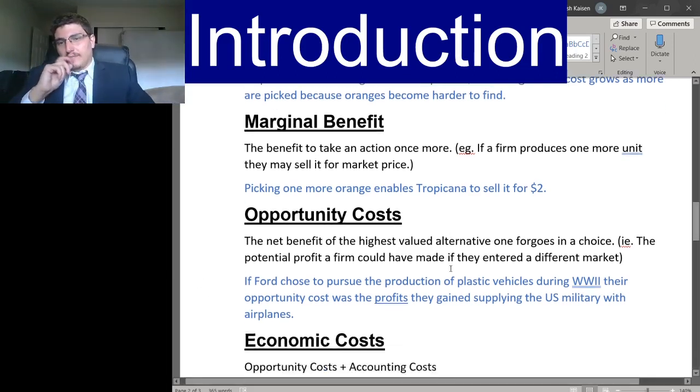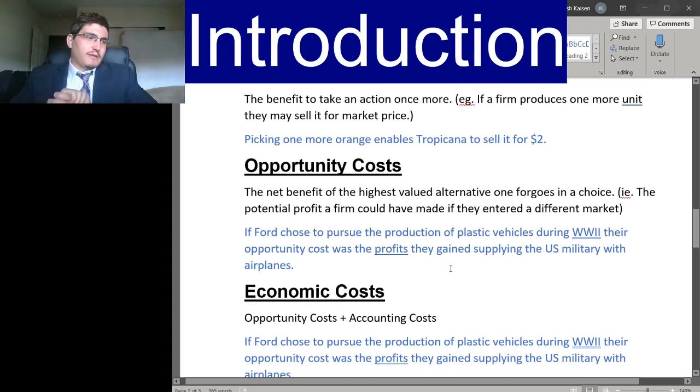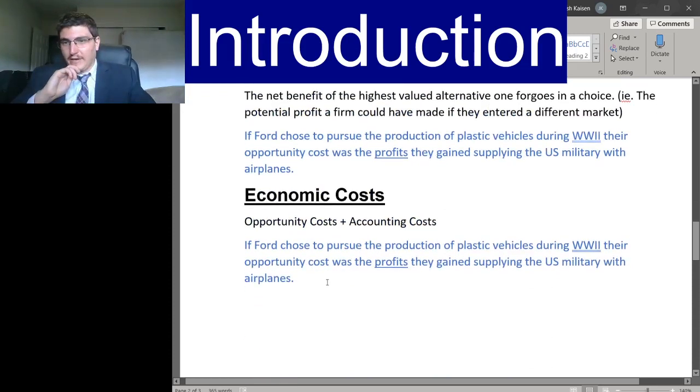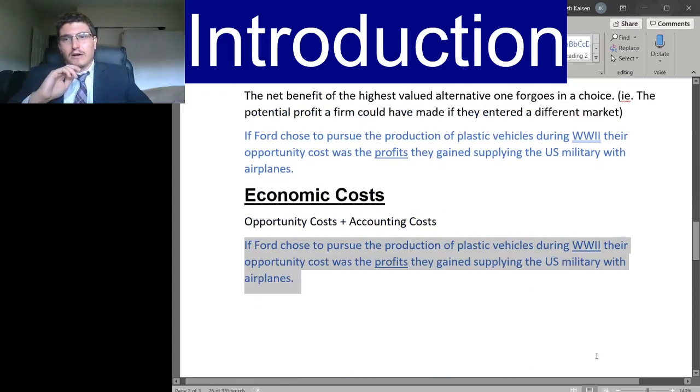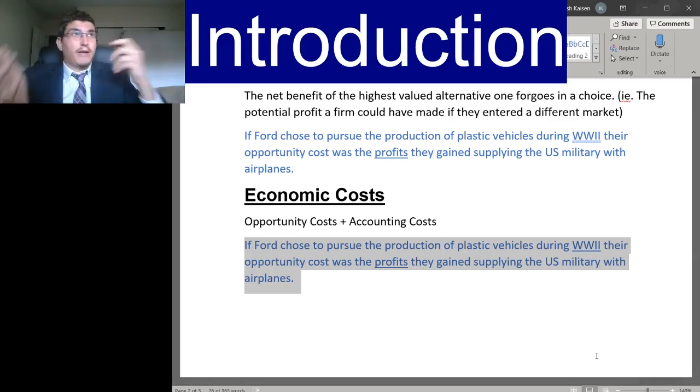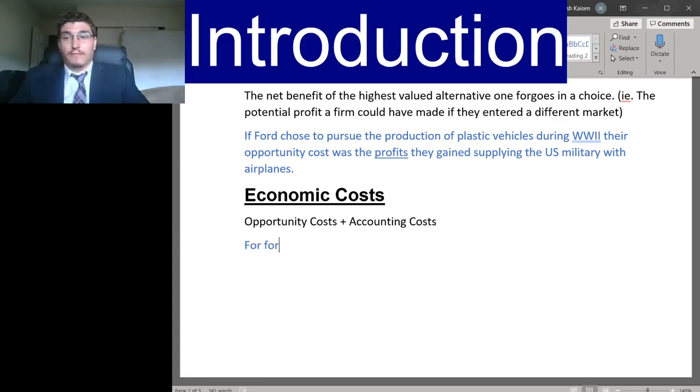Okay, so on to the last concept from this introductory lecture. That's going to be this concept of economic costs. So these are your opportunity costs plus your accounting costs. Accounting costs are what you're more familiar with. That's going to be labor, wages, building rent, all these factors for firms. Opportunity cost is going to be giving up profits. So let's say for Ford,